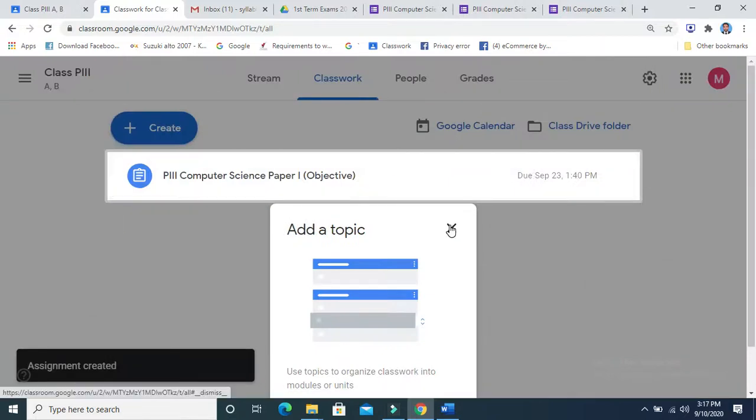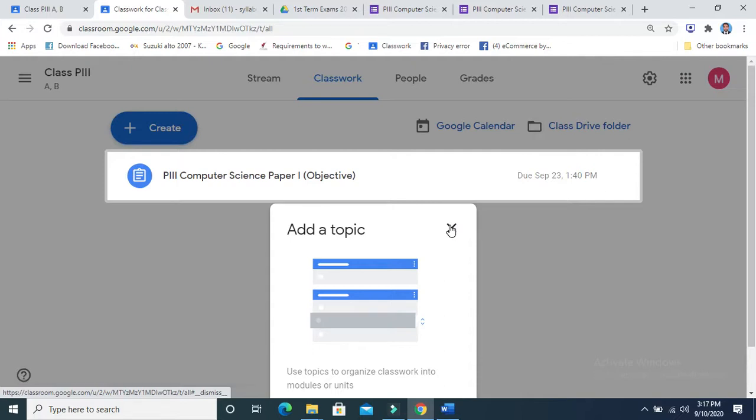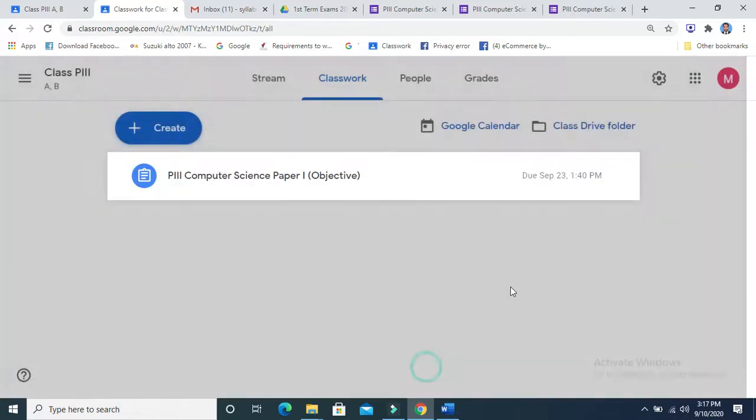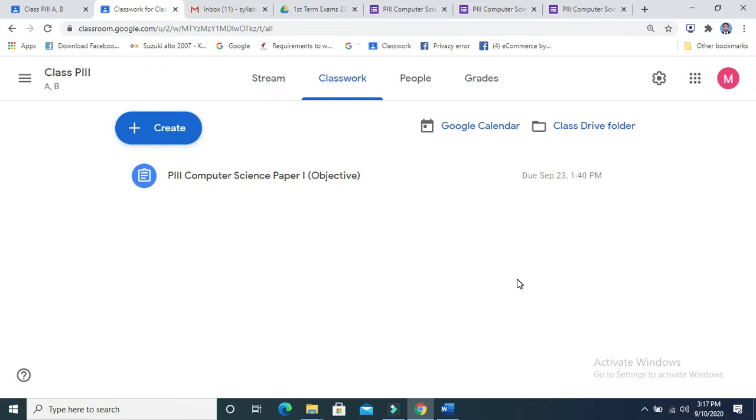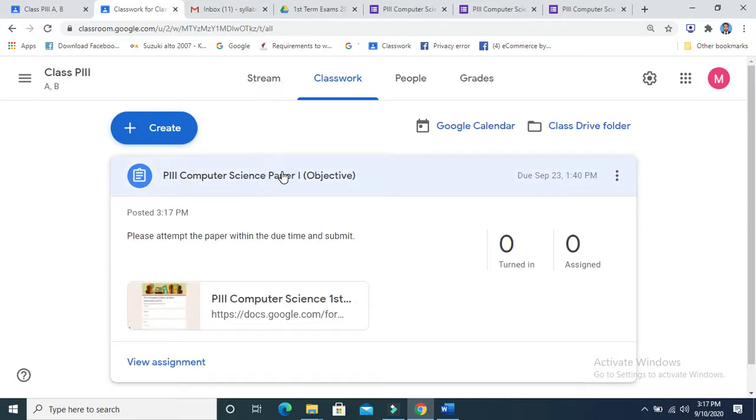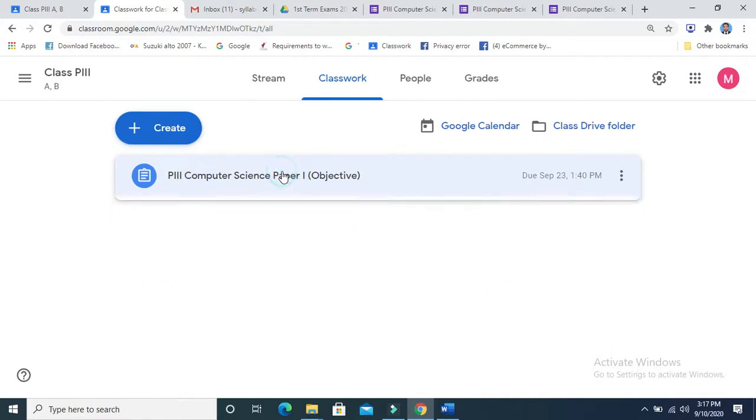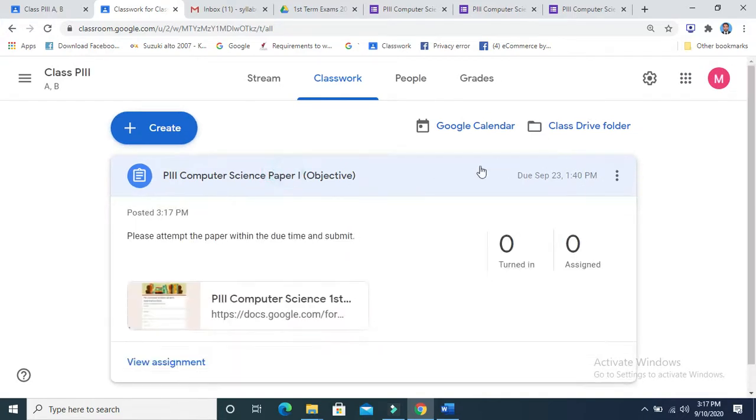Acha, one problem may occur that students have logged on already and they will say that there is no paper. But when you upload, you will tell them that they have to refresh, press F5, and then they will be able to see it, because it may be possible that students have logged on 10 or 15 minutes before, and the teacher is giving the paper 5 minutes before, so it will not be visible until the student presses the F5 or refresh button. So this is the task that the student has got in his Google Classroom, and of course it will expire by this time, so students need to be very careful about it. We need to clarify this to the students.